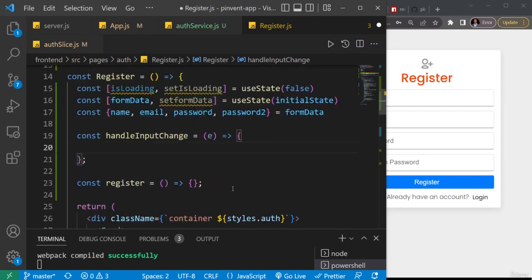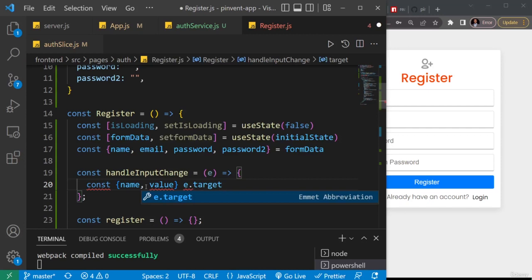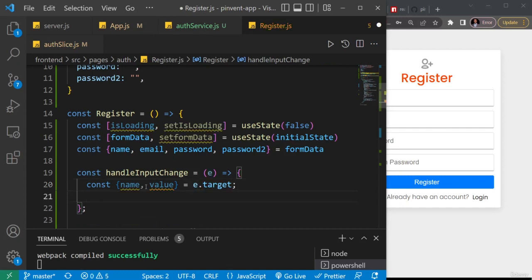Okay, so I'll just come here and then I'll say const. First of all, I'll destructure the name and the value from the event.target property. So event.target. I've destructured the two of them. And oh, sorry, there needs to be an equals here to properly destructure it. So after you do that, now we have access to the name of each input field and the value of each input field. So I will now set form data,